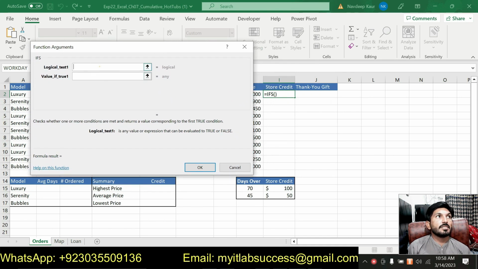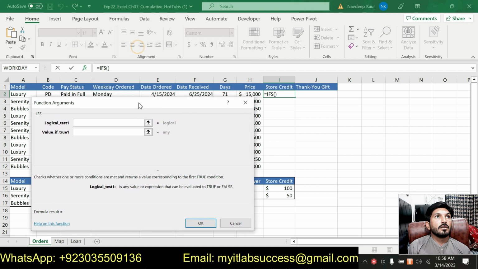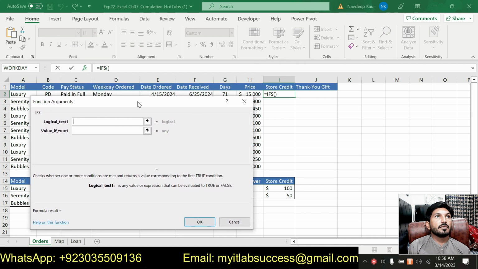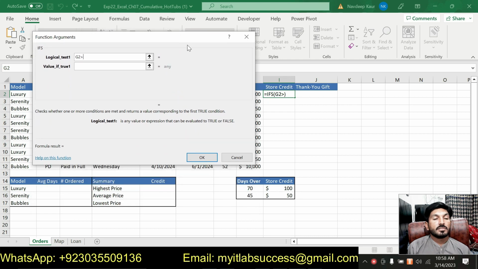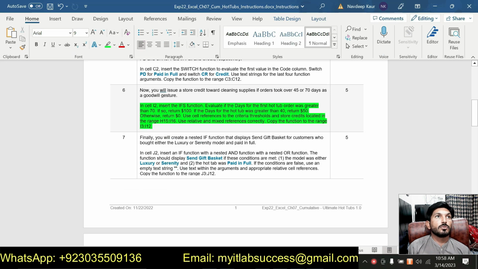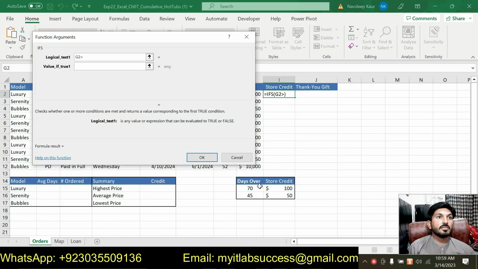Our first logical test is if the number of days, that is G2, is greater than 70. You can see that if the number of days was greater than 70, so 70 is